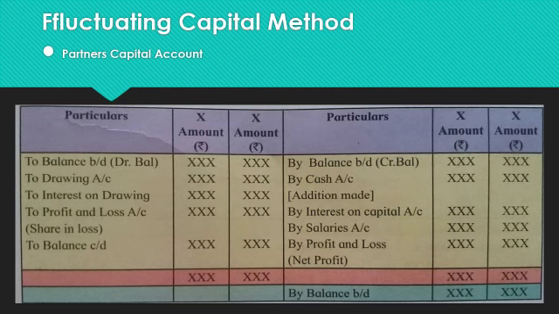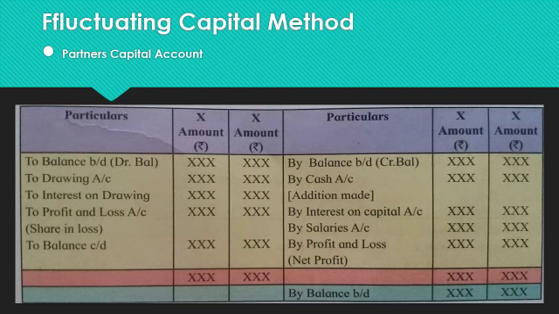The initial or opening balance of capital, then to the credit side, additional capital brought in by the partners in the form of cash or kind, that is asset, salaries and commissions payable to the partners, and interest payable on capital balances to the partners. You can see to the debit side, drawings made during the year and interest payable on the drawings made by the partners. Withdrawals of part of the capital by the partners, and then division and transfer of net profit and net loss of the firm.